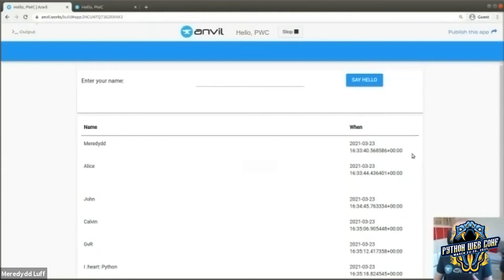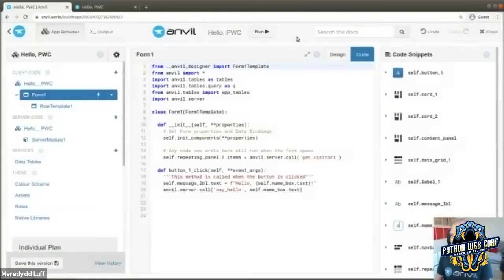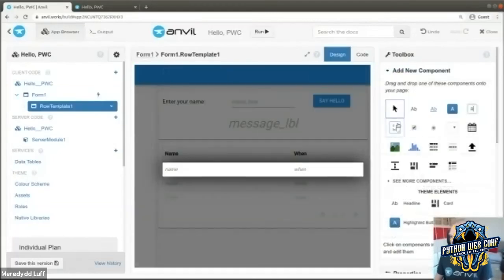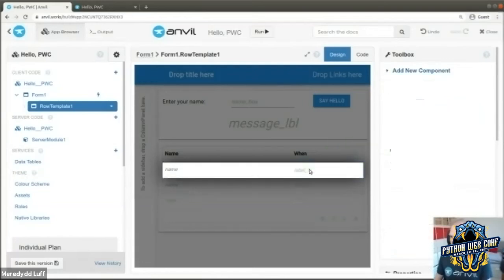So one more thing, actually, before we move on. This is a little bit ugly. You can see we've just called str on a datetime to get some text we can display. Let's make that a little bit nicer. So I'm going to go into the designer. I'm going to go into this little chunk of UI. And I'm going to say, actually, don't give me the default behavior. I'm going to put a component here.